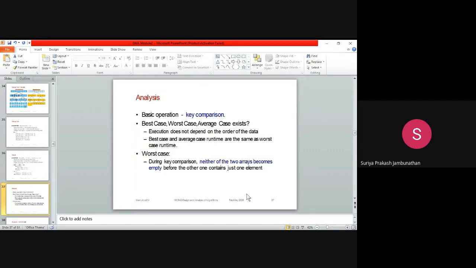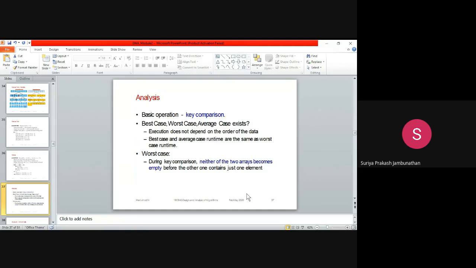Here, in the worst case, during a key comparison, neither of the two arrays becomes empty before the other one contains just one element. If we have only one element in our array, there is no comparison.